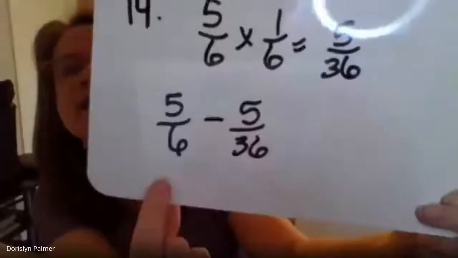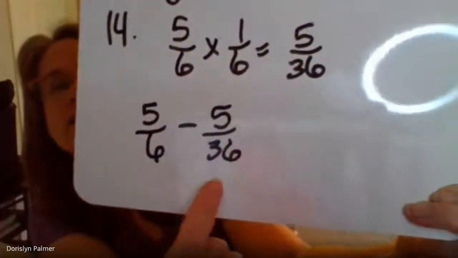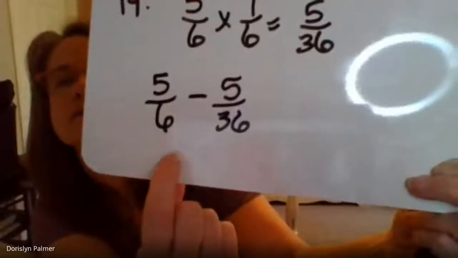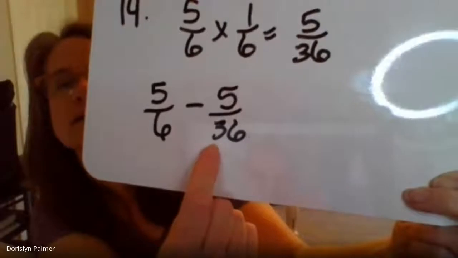So we have to take the 5/6 that was left today and subtract what he ate, which was 5/36. Okay, so this is what was left before he ate it. He ate this much of it, and we want to know how much of the whole thing is left now. So this is how much of the whole thing was left. Let's subtract how much he ate. We're going to have to give it a common denominator. Okay, so that's going to be 30/36 minus 5/36.